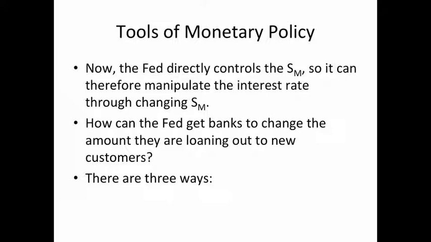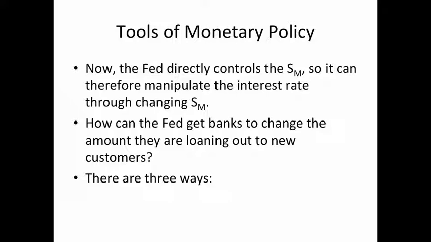And the Fed indirectly controls how much money banks loan out to customers. Therefore, the Fed indirectly controls the money supply. And by changing how much money banks loan out to customers, it changes the money supply, therefore can manipulate the interest rate. So remember from earlier we said the Fed does not set the interest rate, but the Fed can manipulate the interest rate through,